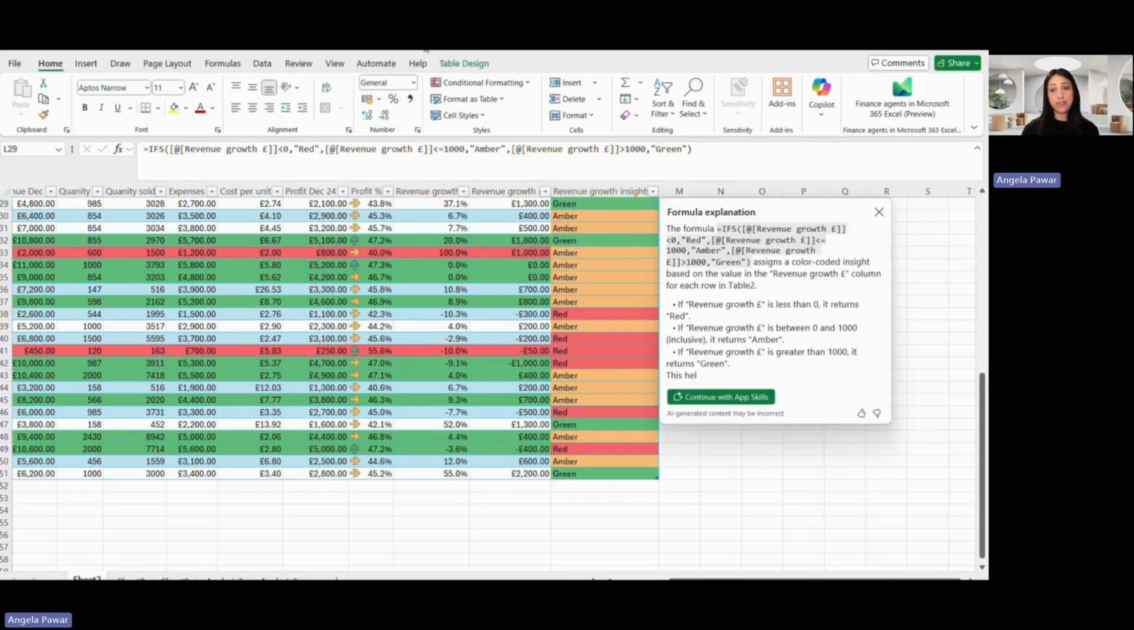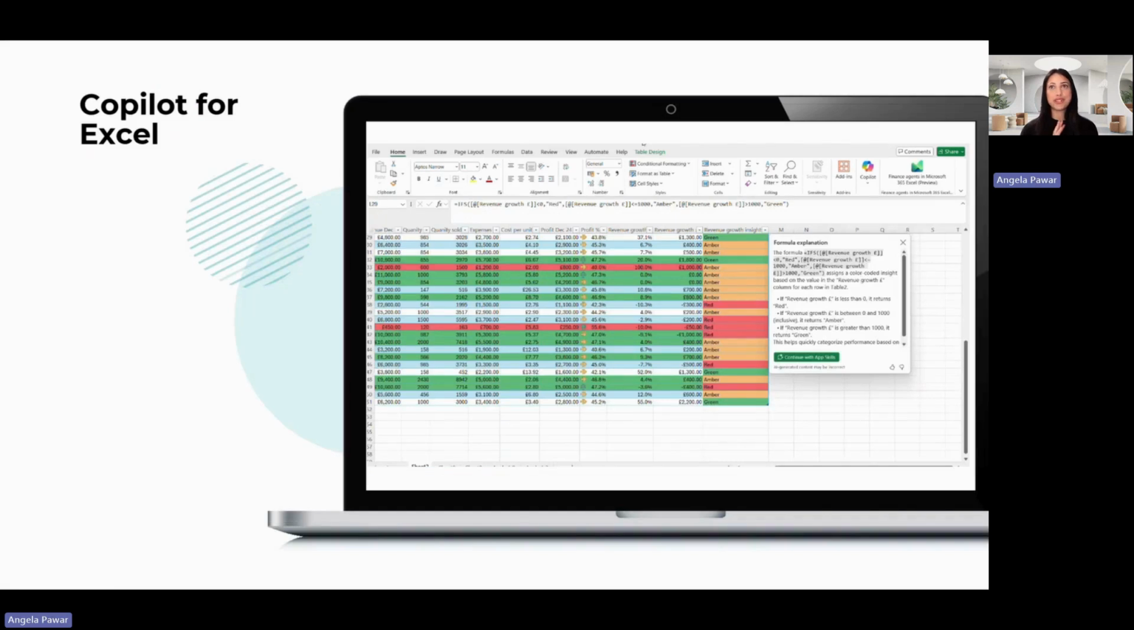And that's exactly what I've done. On the right-hand side, you can see this is the formula, and it also gives you a written explanation of what it actually means. So if anything's less than 0, that is in red. Anything between 0 and 1,000, it's amber, etc. Okay, so you can almost reverse engineer